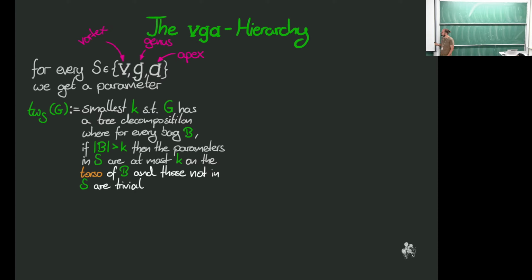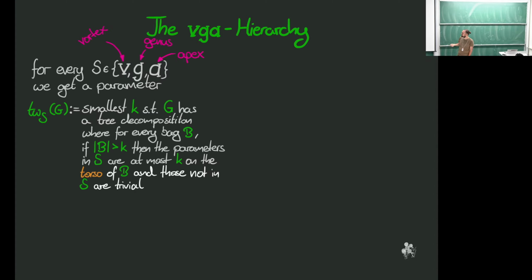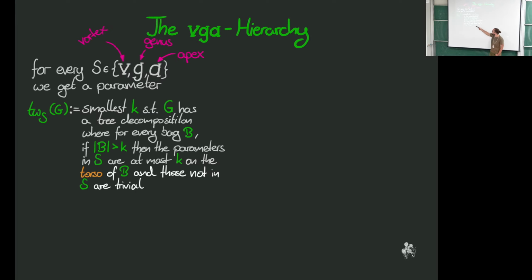By deeper, I mean we might want to regulate how these three ingredients, vortices, apices, and bounded genus, appear in our tree decomposition. So I define a family of parameters here, which I call tree-width S, where S is a subset of V, G, and A, where V stands for vortices, G stands for genus, and A stands for apex. This parameter is the smallest number k such that my graph G has a tree decomposition where for every bag, if the bag is large, then all the parameters that are in S are bounded by k on the